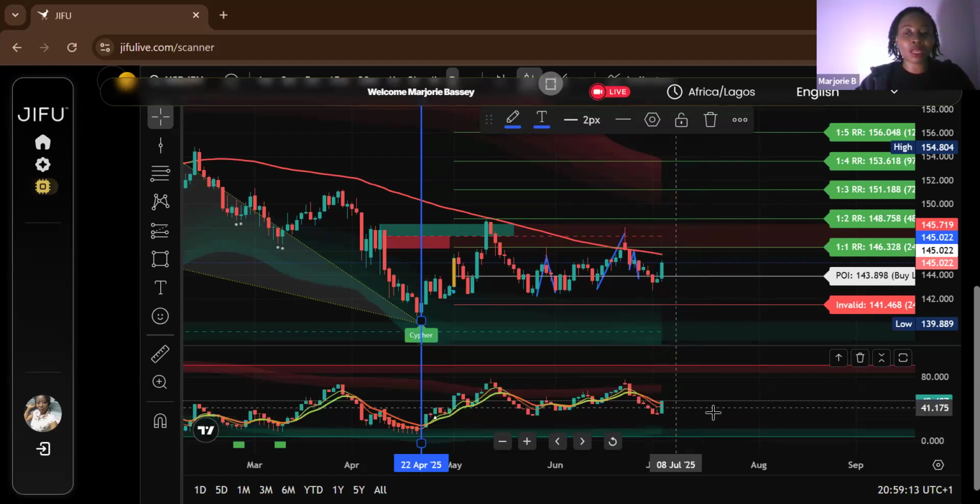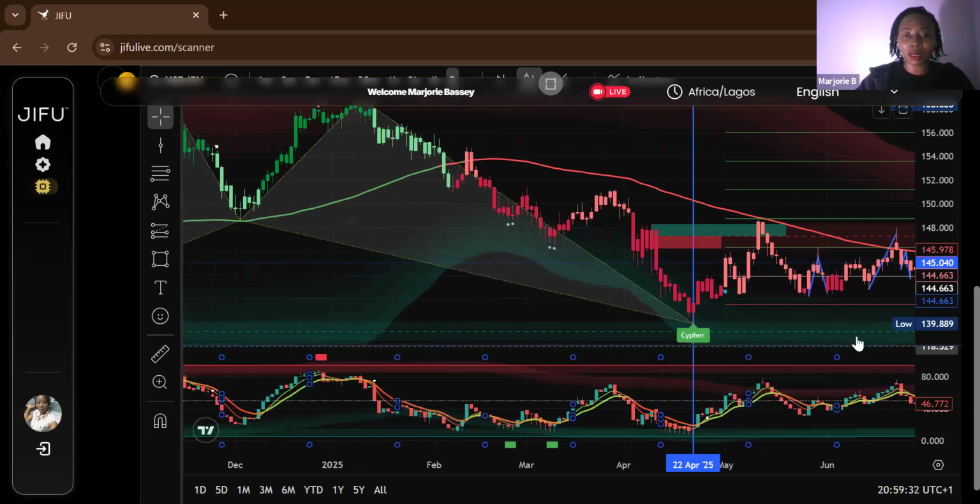You don't want to take a sell when the oscillator is in this green zone, when this line here is in the green zone, and you don't want to take a buy when it's already in the red zone. And then another thing that you see